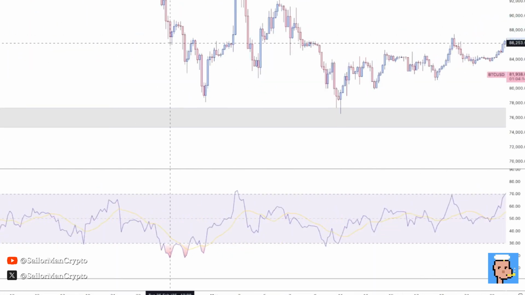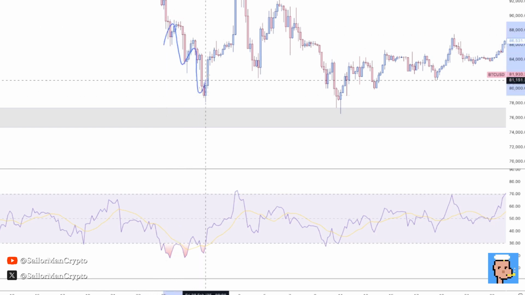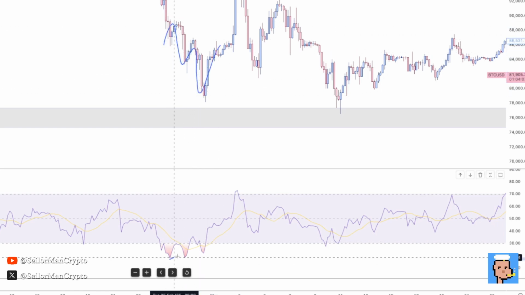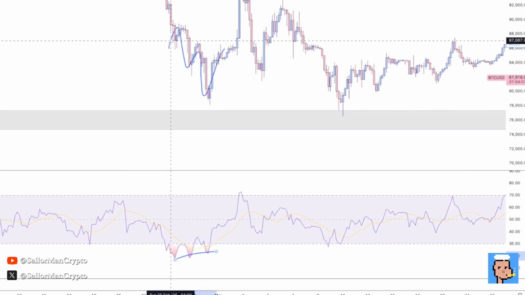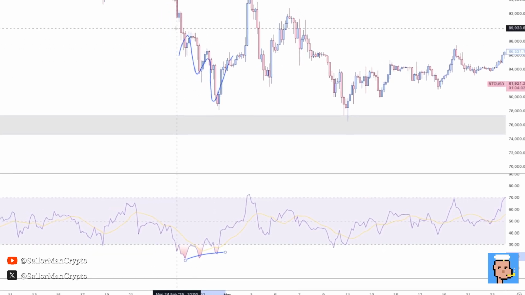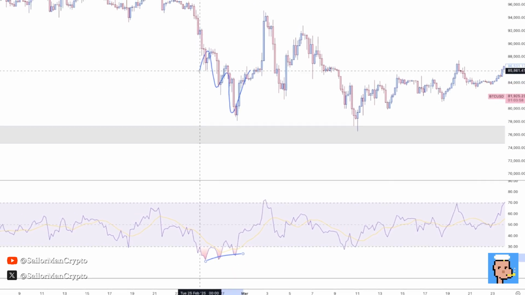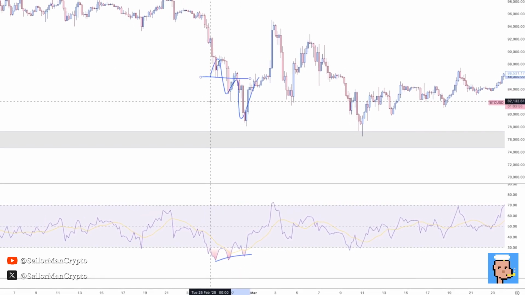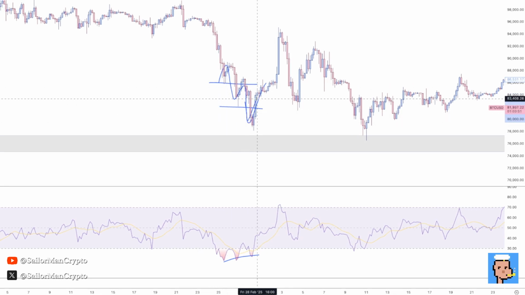If there is a 3 drive pattern going down, like these 3 lows going down along with a clear divergence as we have here, you can potentially argue that there is a stronger seller exhaustion. These lows have been taken out, this low has been taken out, we took out also the third one, and potentially now we can move for